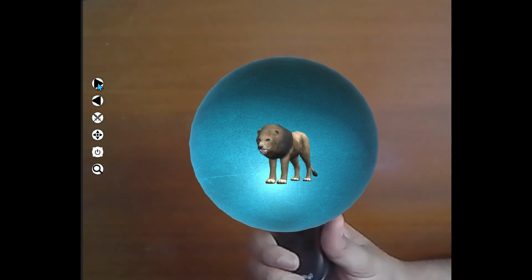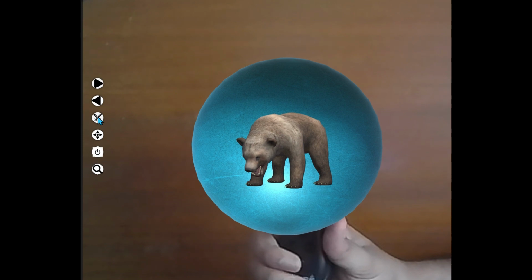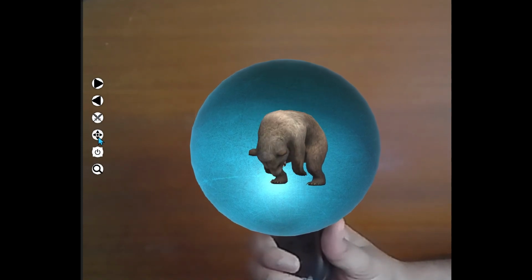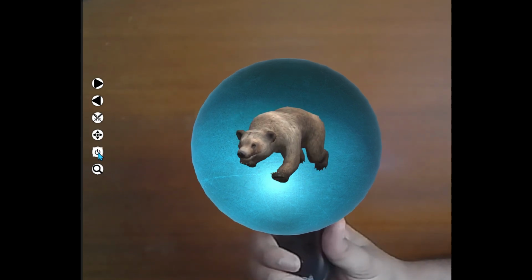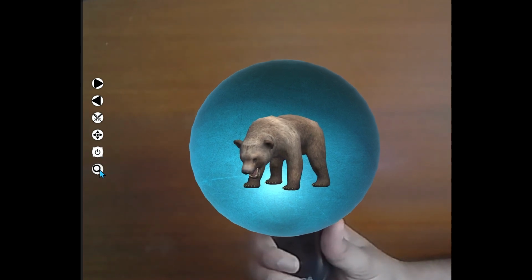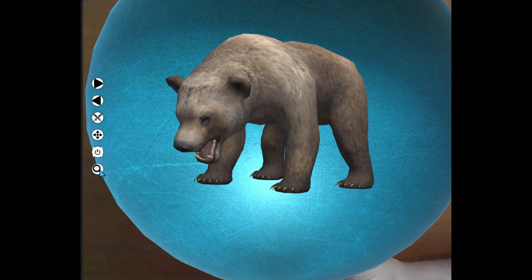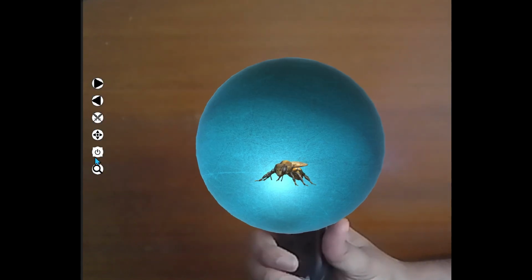So here I have a lion, a bear. You can see the running animation of the bear here. Also you can zoom in using this button, you can see it clearly. I just go to the next one,